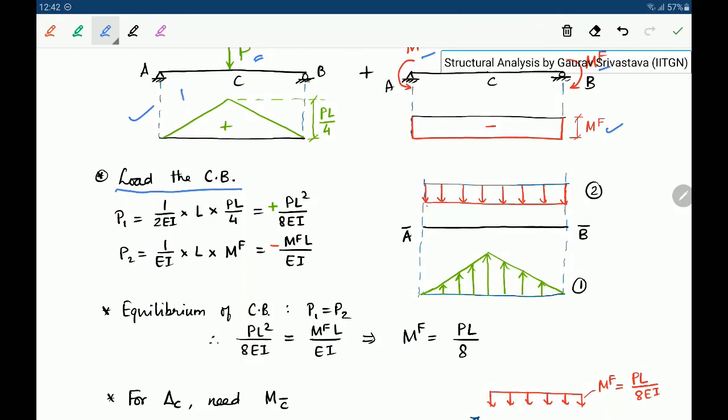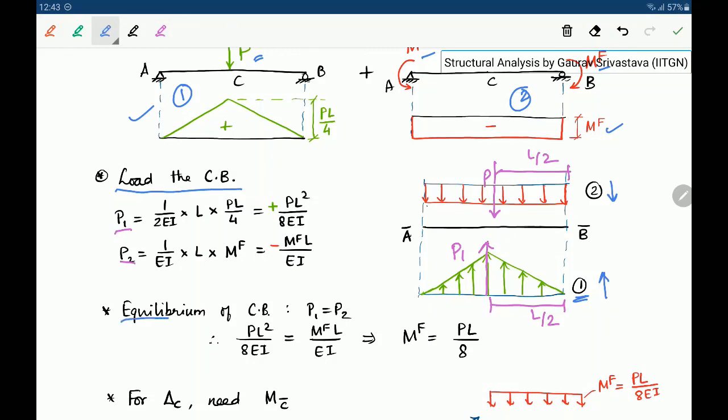So the first case is, let's say, for the applied load, which is positive bending moment diagram, so this is applied upwards, and the second case is due to the unknown moments, which is negative bending moment diagram, so applied downwards. And similar to earlier, let's say this one will apply at P1, and due to symmetry this will be at L by 2. And here the load being applied, let's say, is P2, and again due to symmetry this will be at L by 2. And P1 and P2 can be calculated with their respective signs.